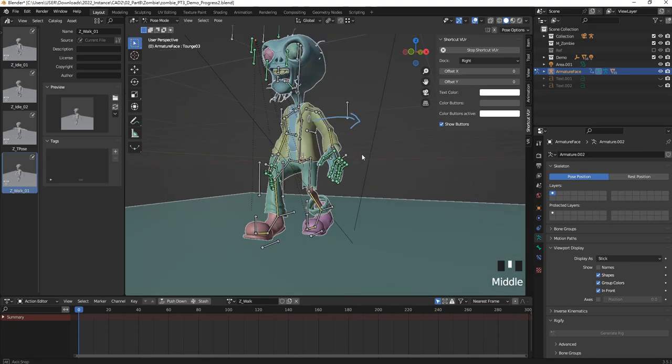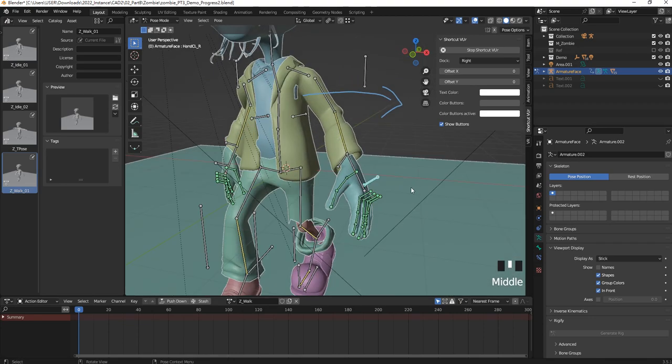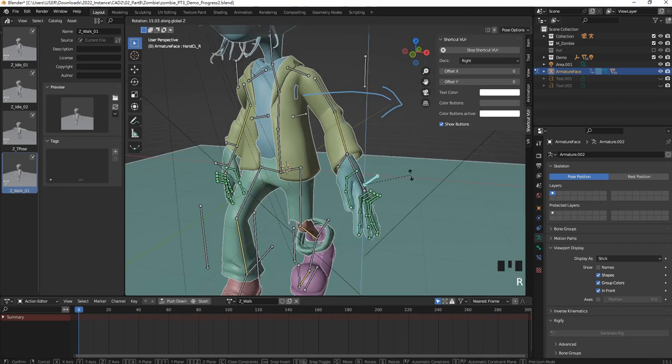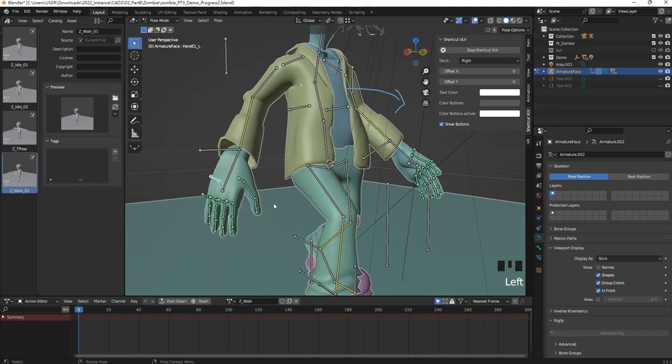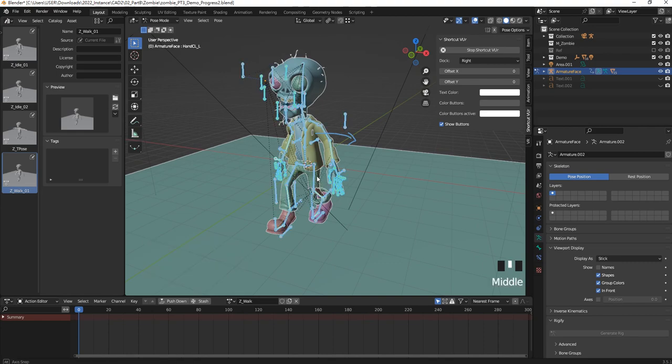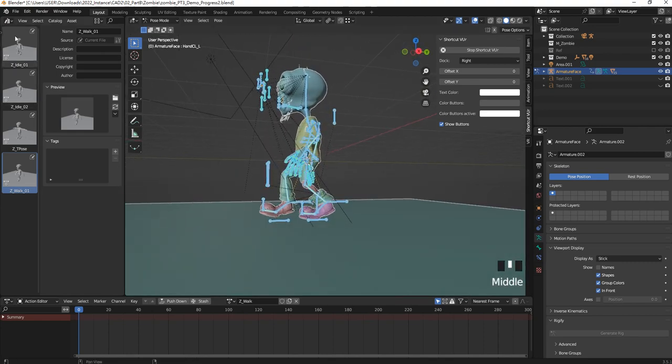Something like this. And also for the hand, you can make this one change its pose a little bit. Okay, select everything, and let's go to the asset, create a pose asset, and this one is the walk